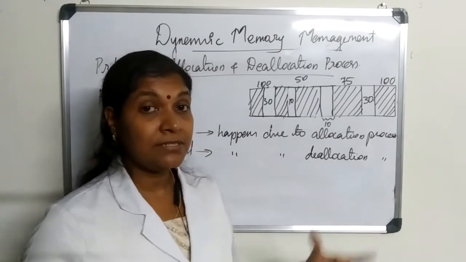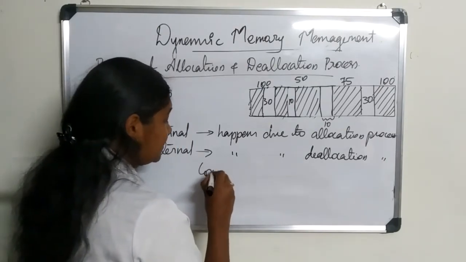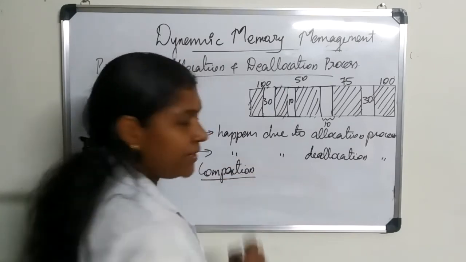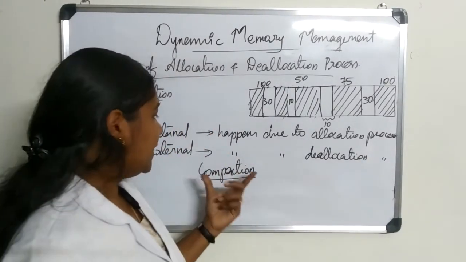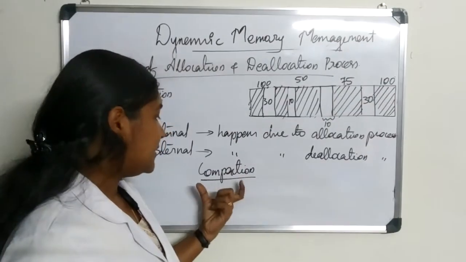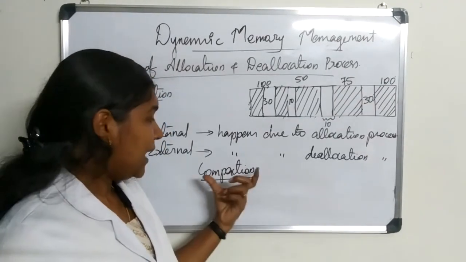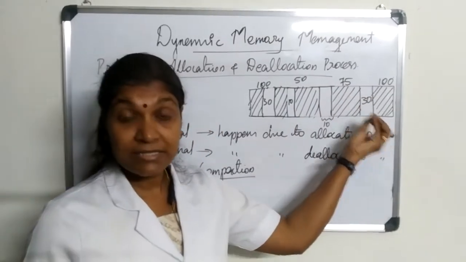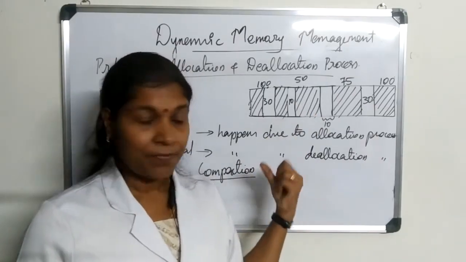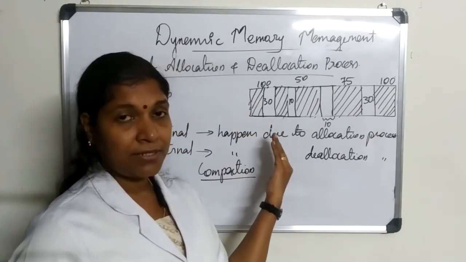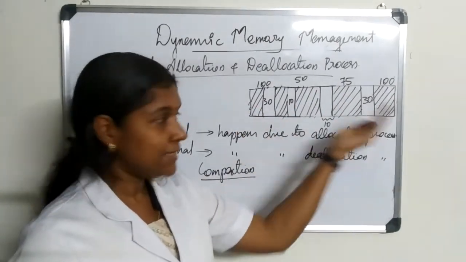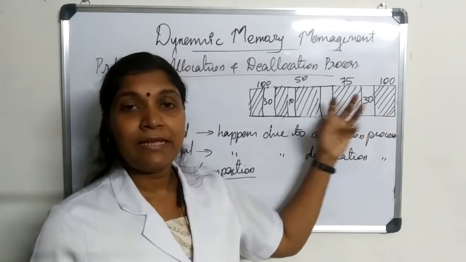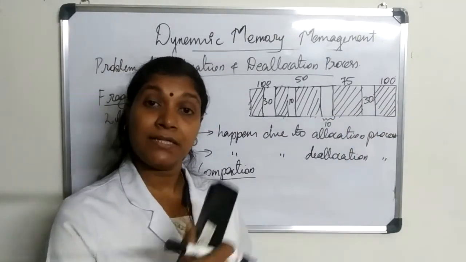And there is a remedy for this, which is known as compaction. We don't have this topic in our syllabus yet, but you should understand that a remedy for internal and external fragmentation is compaction. In compaction, we combine all these scattered holes here and there into a single block, either at the end of this linked list or in the middle. We combine all this space together and make it useful for satisfying the next request.